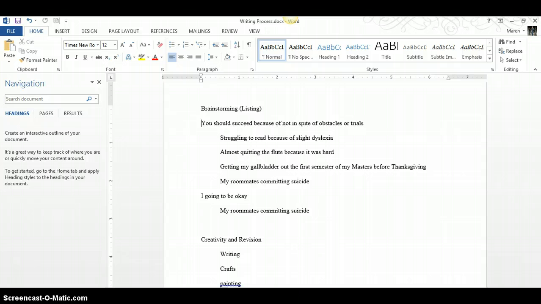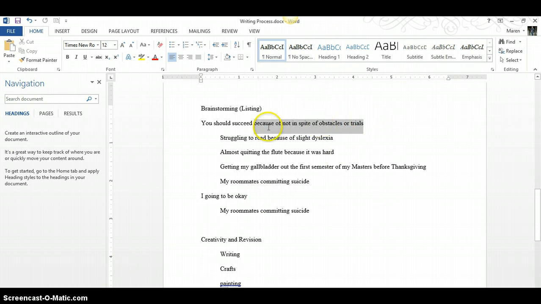The first one is brainstorming or listing, whichever you want to call it. So we're coming up with ideas, and we're trying to come up with beliefs, and these are philosophical beliefs that we have. So it can be sayings, it can be activities that you really like. You can also go the other way. You can also start, if you want to, with experiences and then come up with the main belief that that experience has done. I decided to do different beliefs here, and so I put that up.